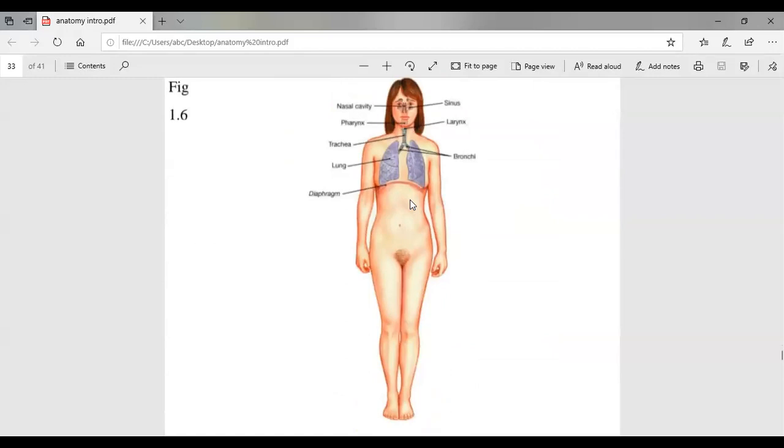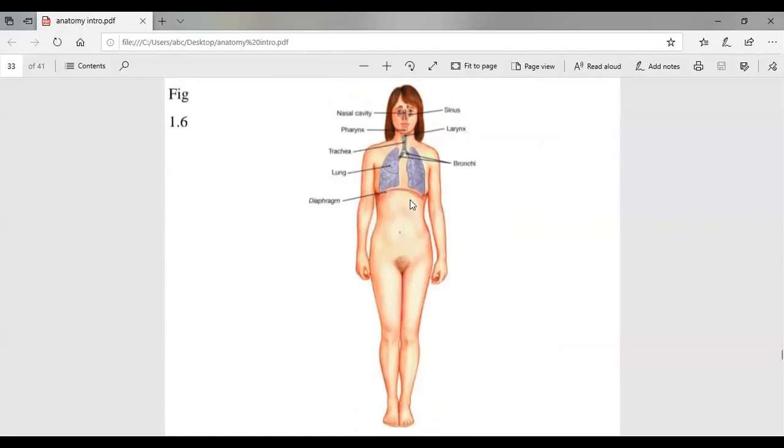So this is another diagram of the respiratory system. Can you see the nasal cavity? What is a cavity? I told you a cavity is any closed space, right? And what is the nose? We know it is an organ through which we breathe air. So the cavity of the nose, that is the small closed structure formed by the nose, is called the nasal cavity. So from the nasal cavity, the air goes.